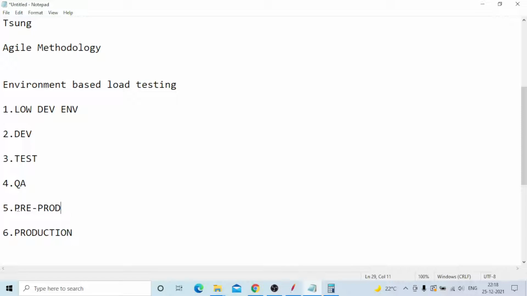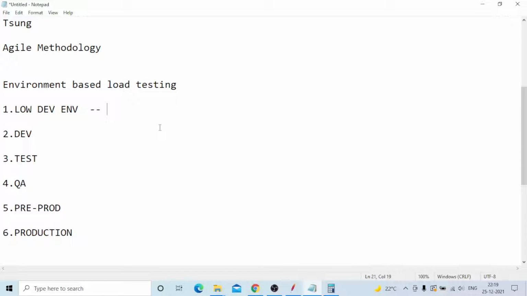Once the ticket comes, from my point of view I will run 10 rounds. For any platform change, you need to run 10 rounds, and if it's successful with no performance breaches, yes, I will pass the test. Only after that, the release will move into production. In the low dev environment, from a user load point of view, I executed only 10 rounds. It varies from project to project, but I'm just explaining.